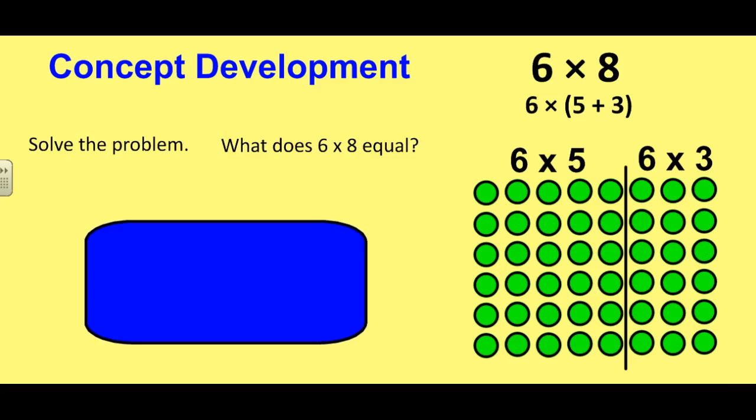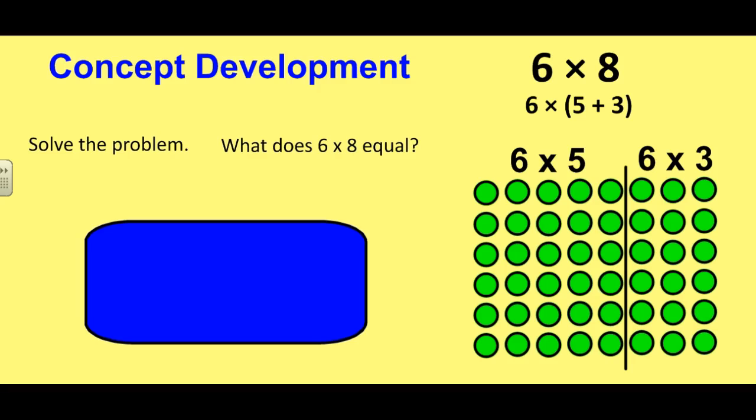So now we're going to solve this 6 times 8 by using the distributive property. We're first going to solve 6 times 5, and then we're going to solve 6 times 3, and the distributive property always includes addition. So whatever the answer to 6 times 5 was, we're going to have to add to the answer of 6